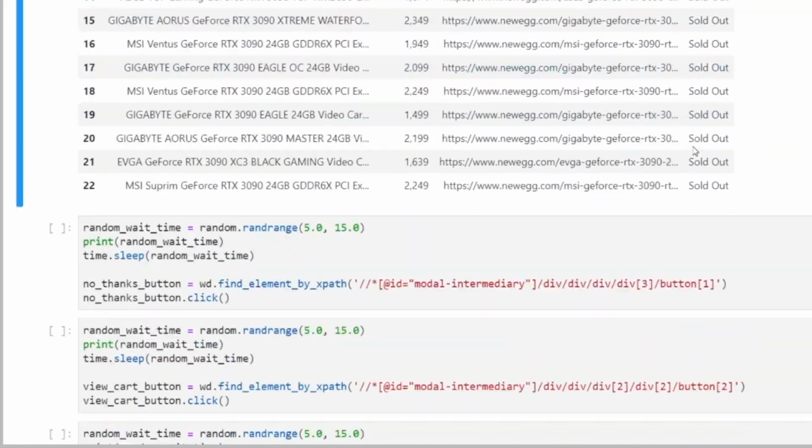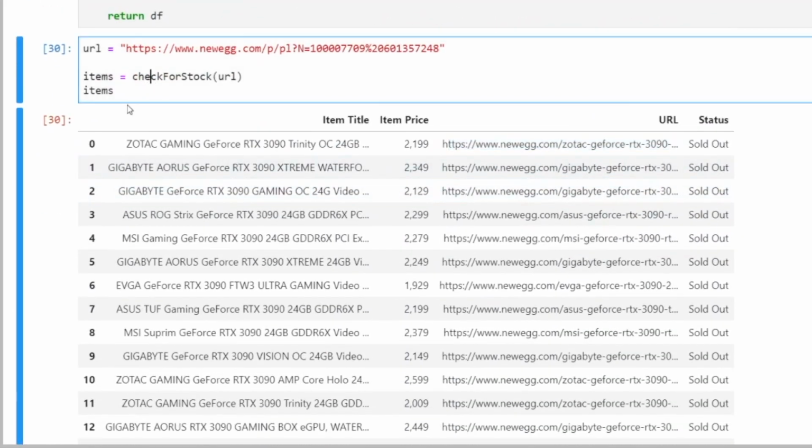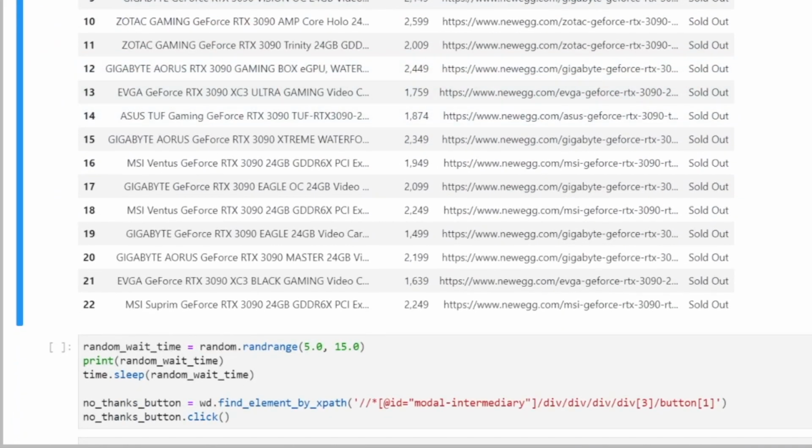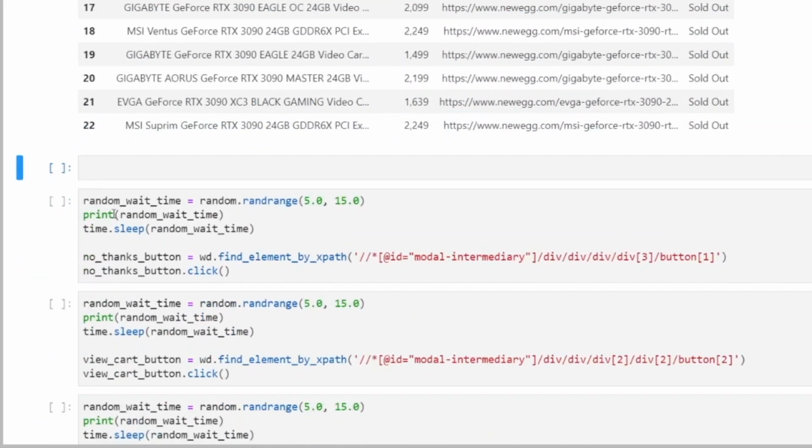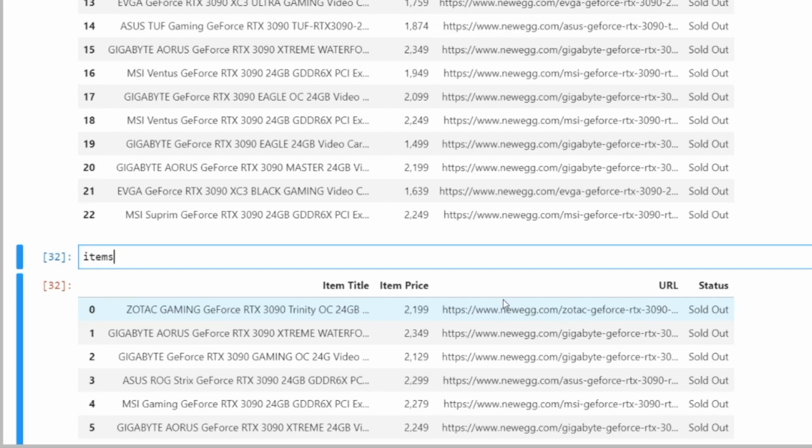I have a status. To search for a status, if I want to find something in the Pandas data frame with the status I want, it's as simple as doing something like items dot status equal, and for now I'm just going to use sold out because that's the only thing we have available.